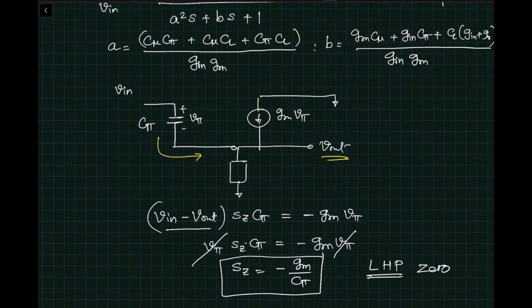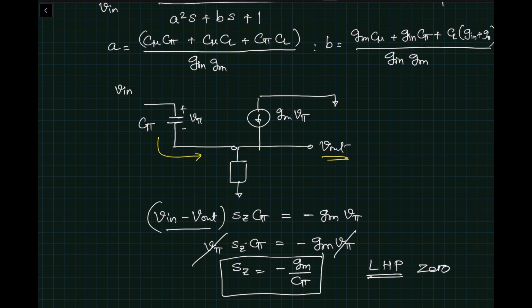You can do the exact same analysis for the source follower. Some of the values will change, but pretty much you will see something very similar. In case of the source follower, what you will see is the left half plane zero will be minus Gm over CGS. And again, that goes close to the fT of the transistor, so it's very far out there. You can refer to notes for the detailed analysis of the source follower. Again, it's algebra that you just have to go through, convince yourself once, and then take the insights with you.